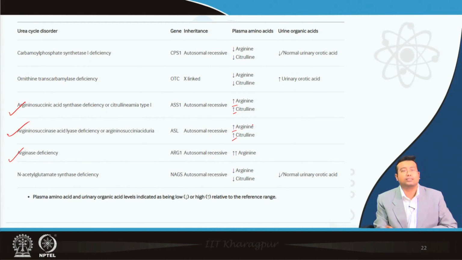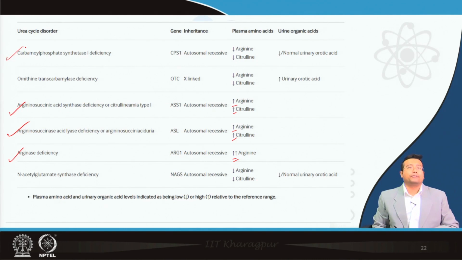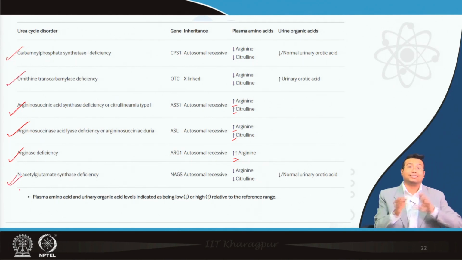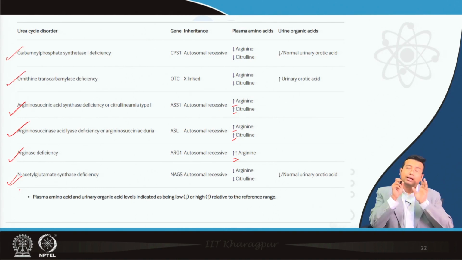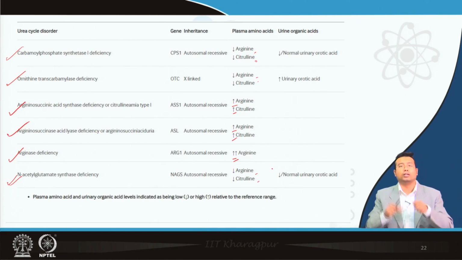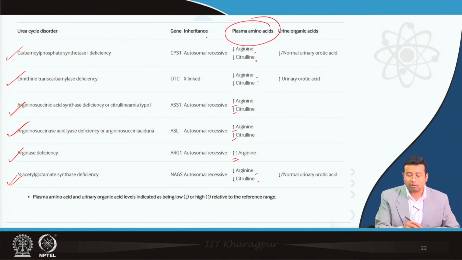In case of arginase deficiency, there is more accumulation of arginine only, whereas the initial enzymes, that is carbamoyl phosphate synthetase 1 deficiency, ornithine transcarbamylase, or N-acetyl glutamate synthase, the enzyme that synthesizes NAG, are characterized by decreased amounts of arginine and citrulline. Very important. So, later enzymes mean more arginine and citrulline, earlier enzymes mean less arginine and citrulline when we measure these amino acids